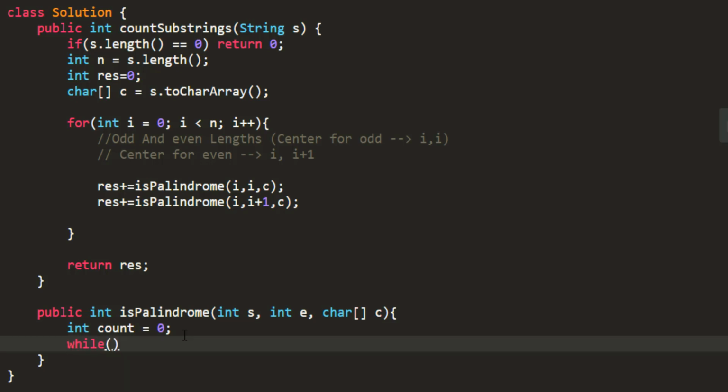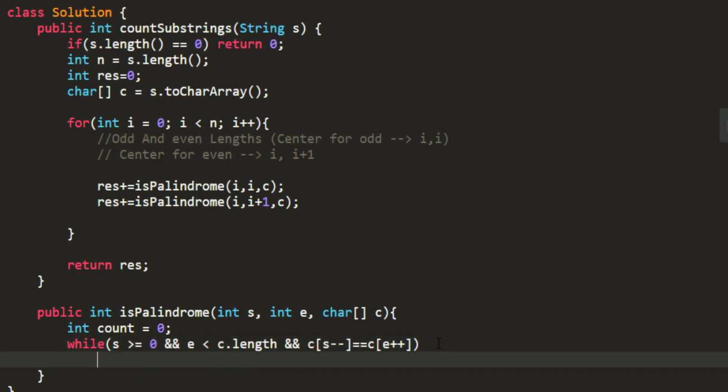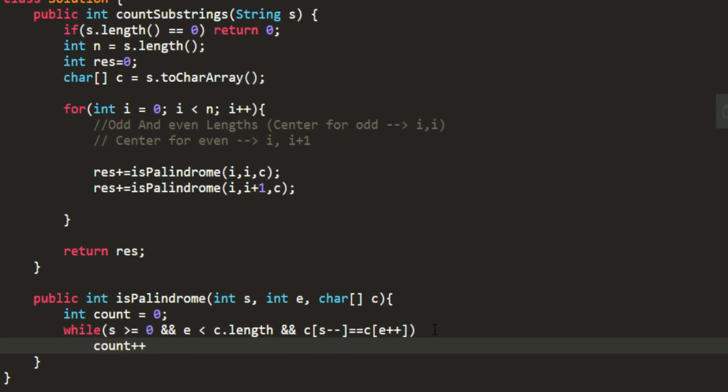So while my boundary conditions are true, that is my S is greater than or equal to 0 and my end is less than array.length, and if these characters are also equal, that is C of S equals C of E, in that case, I'll be doing S minus minus, that is going left, and increasing my right, that is E plus plus. With this, I'll also do a count plus plus.